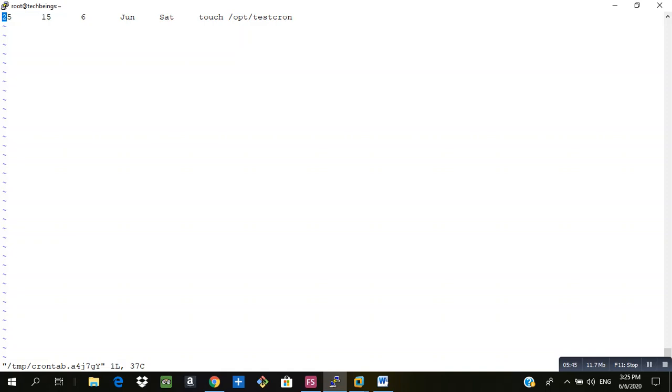First I'll go into this, and with the help of the dd command you can delete the line, but I don't want to delete. I'll just modify it. That is, I'll keep it for 3:27, and the date and the month are the same. What I'll do is I will copy it from /opt to the /tmp directory. So this should be copied from /opt to /tmp within the next minute.